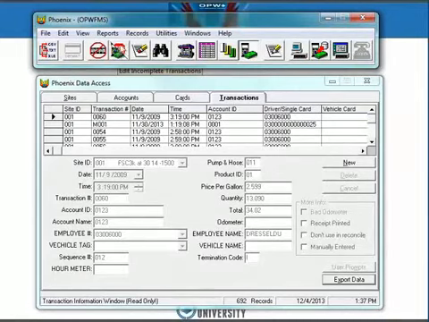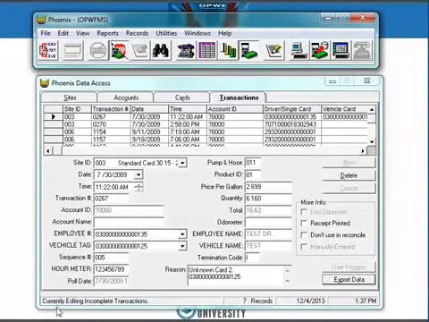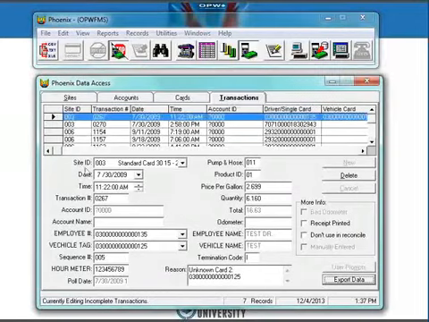And incomplete transactions are typically where the cards are not on the Phoenix side, but they were in the fuel system, and when the transactions got pulled across, Phoenix looked for the card to exist on the Phoenix side. It didn't find it, so it flags it as incomplete. This first transaction record we're looking at here on the screen, there's the reason box right there. It says unknown card 2, and it shows you the card number that's missing from Phoenix at the time that the poll was done. So to fix that condition, we can cheat here a little bit by highlighting that card,